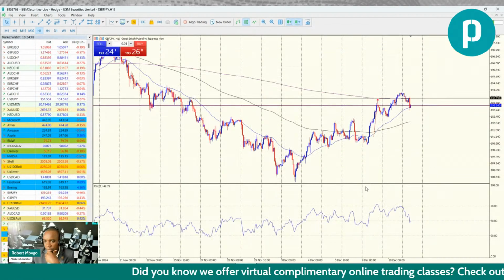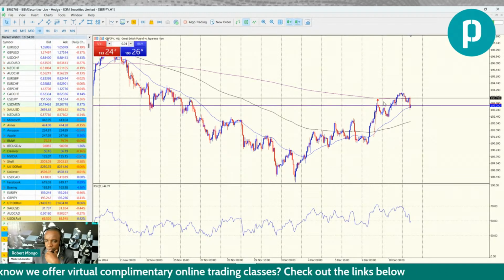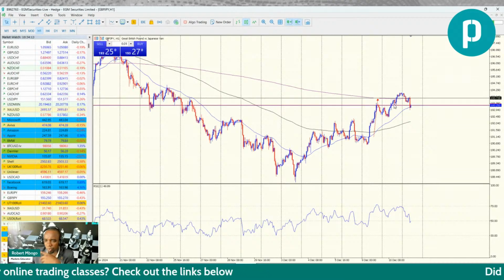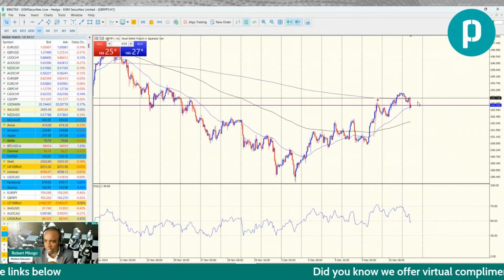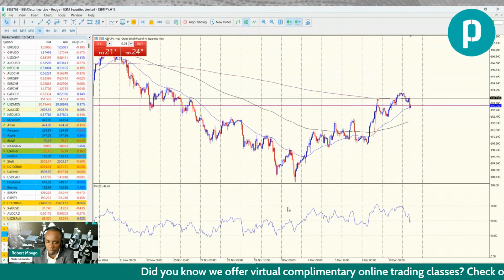Okay, GJ. Someone had requested analysis on GJ from Monday. So we were looking for buy opportunities on GJ, and we said that I was waiting for price to get here. So we can see price got to this price level yesterday, and then some sellers stepped in. And I think we're done with that particular trade.